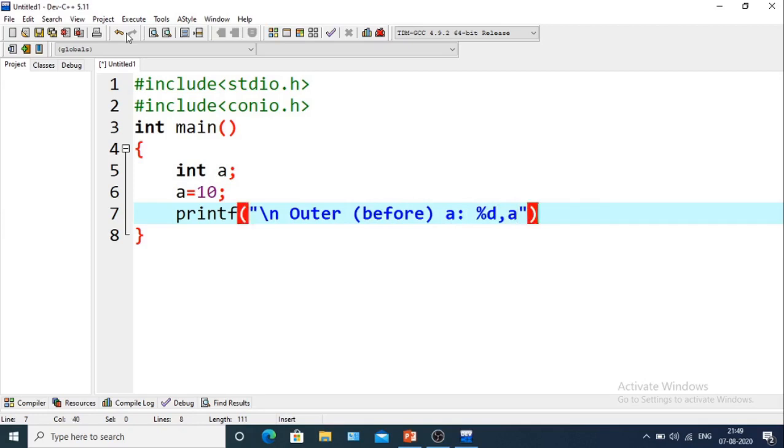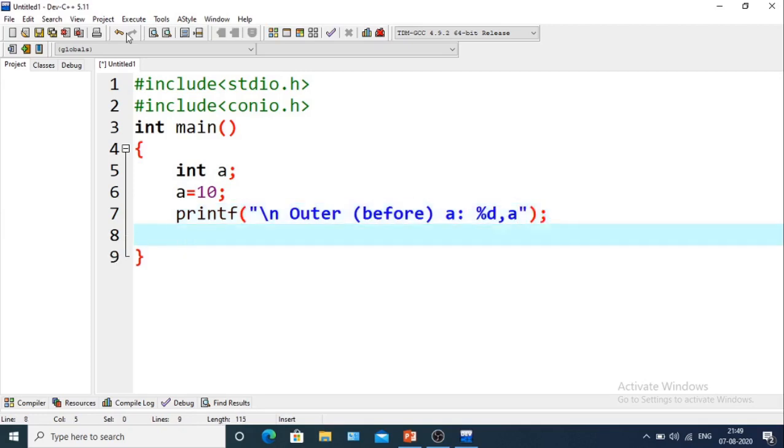So this is the value of a that will be printed before the condition. Now we'll take a condition, if the value of a is 10.